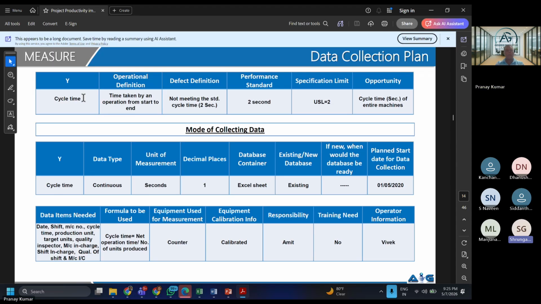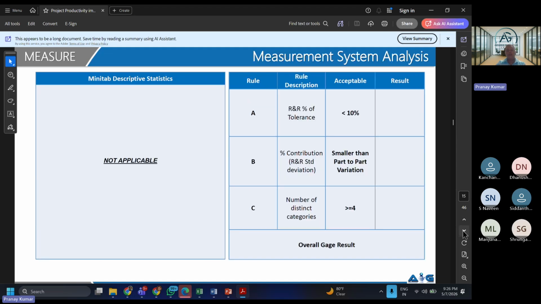So, sir, the measure phase is to check the current scenario of the project? Not check the current scenario. You are only saying I will collect the data. Measure is only about measuring the data and ensuring that the data that you have is correct. So you will end up doing something like gauge R&R. This person should have done it unless it is coming from an automated source. MSA must be done. If the data is coming from some automated tools, forget about it. Otherwise, you will have to do the MSA.